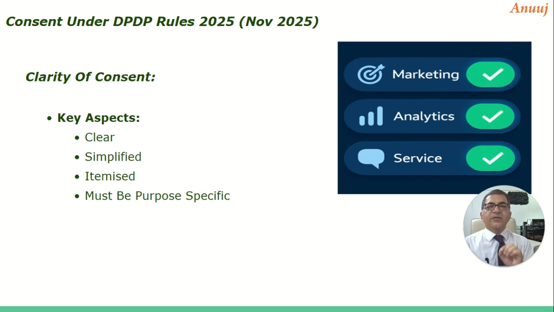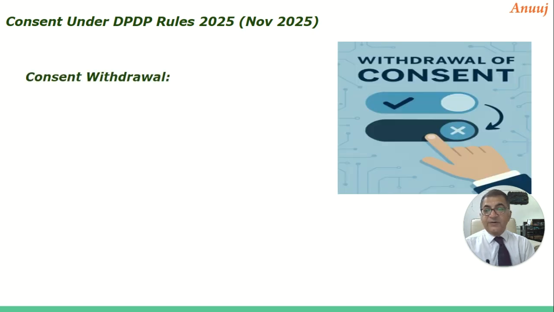And it must be very purpose specific. Marketing does not mean an open-ended word. This is just a pictorial. Marketing means what kind of marketing. Some person may say, I don't want phone calls and SMSs, but I'm okay if you keep sending me emails, right? So you need to be prepared accordingly. Consent cannot go beyond purpose. For example, I take a consent to get your email ID so that I can send you the details of my product, but I start sending you details of performance of my company, for which I never took a consent. So I need to be careful about it.